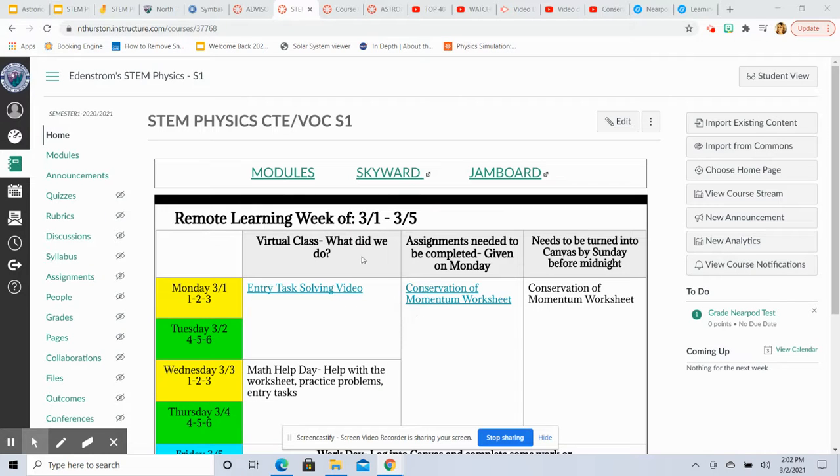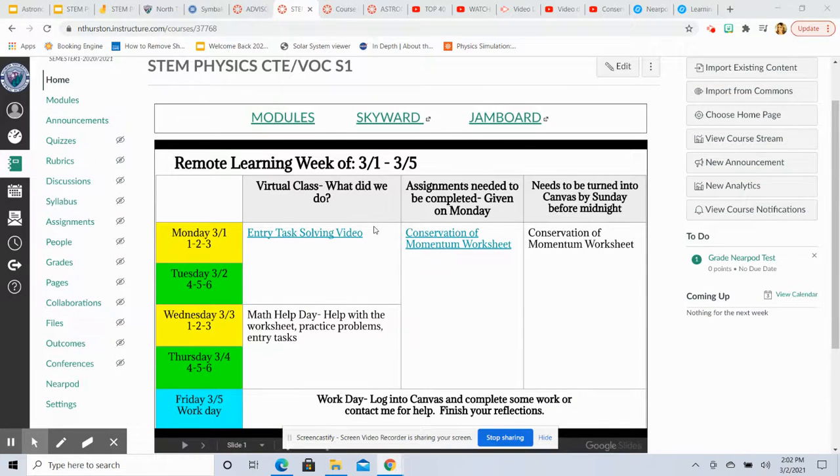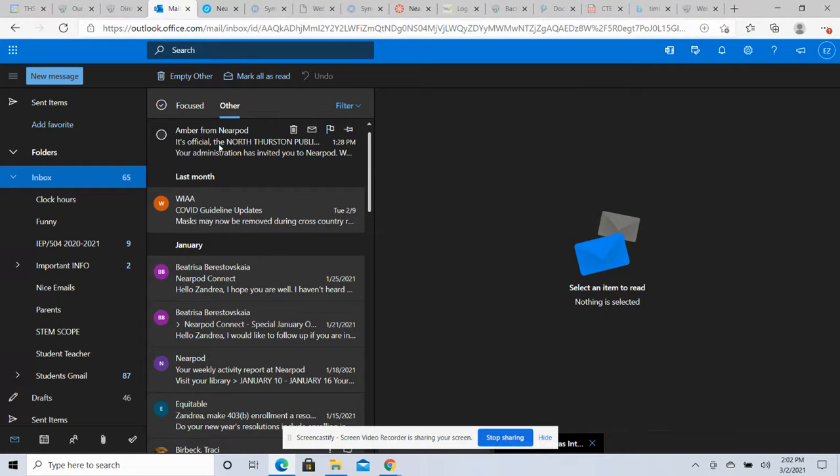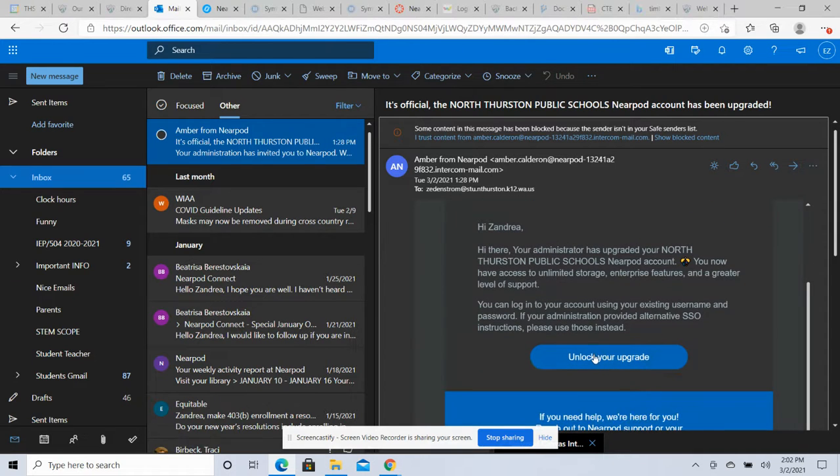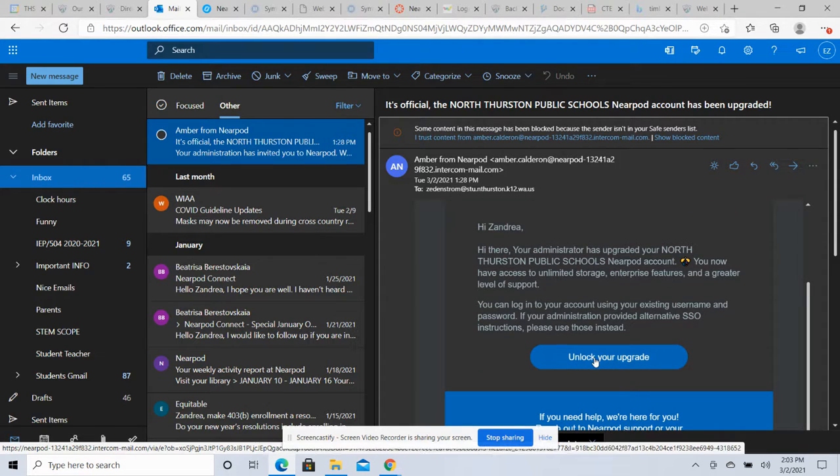Okay, so here is how to add the Nearpod app to your Canvas. First thing is make sure you go to your email and find this email from Nearpod, it was in my other folder. So make sure you don't delete it. You want to click on it and make sure you unlock your upgrade before you even try to add it